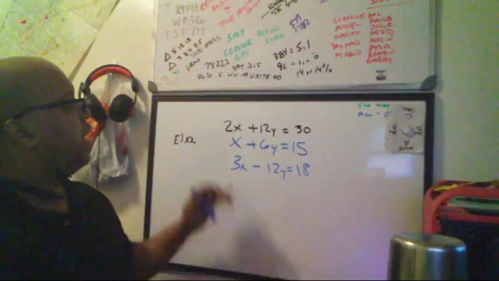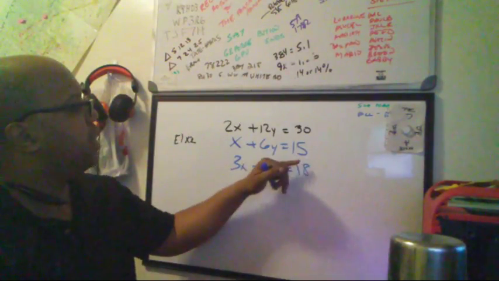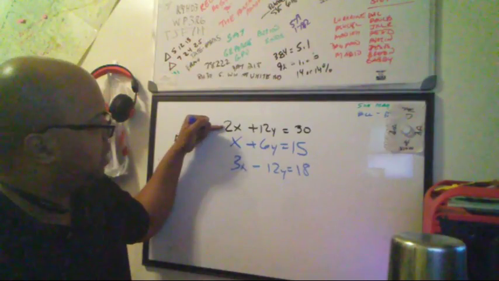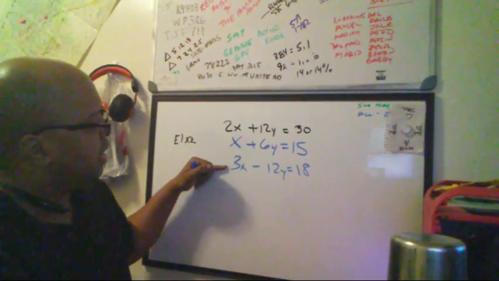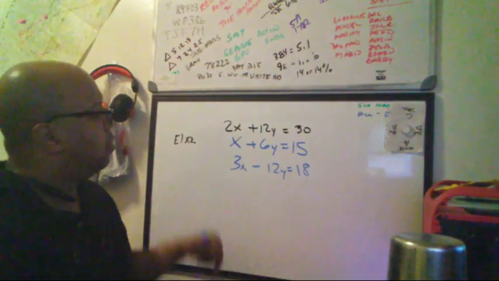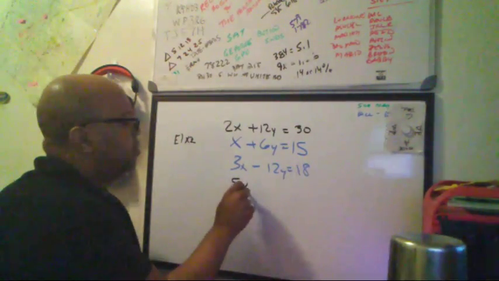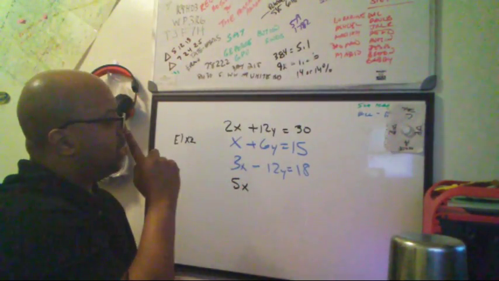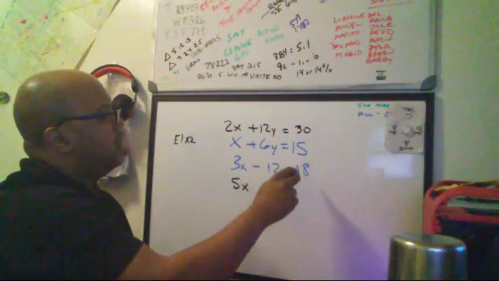Now we're going to forget about equation 1 for a minute, and we're going to vertically add. So it's actually going to be the manipulated equation and equation number 2. So 2 plus 3 is 5x. 12y and negative 12y are going to cancel out. And 30 plus